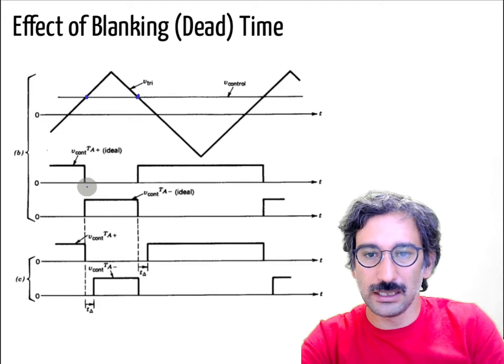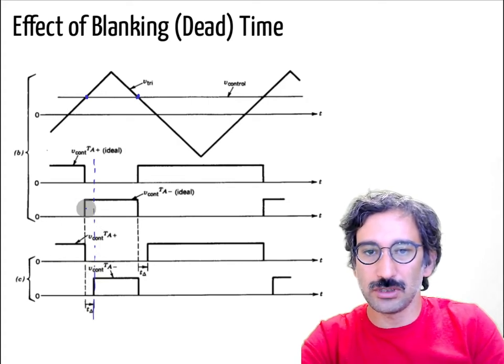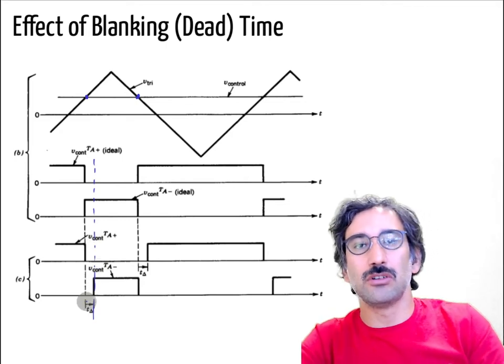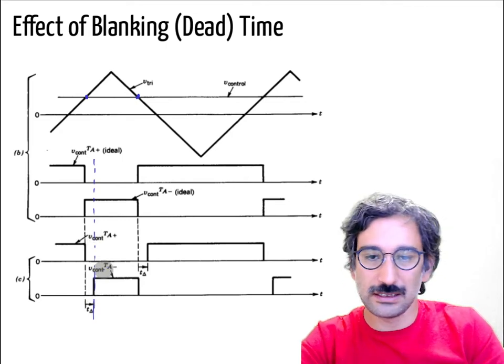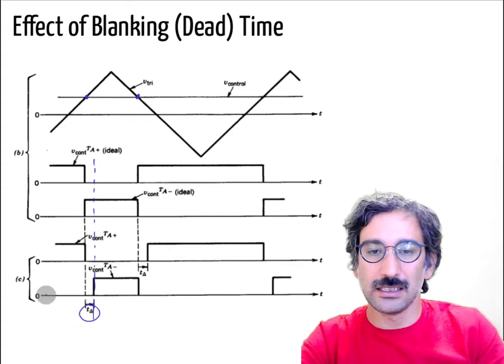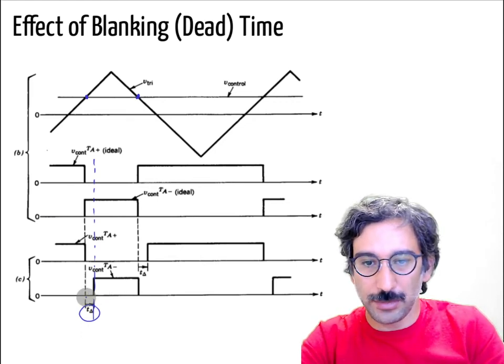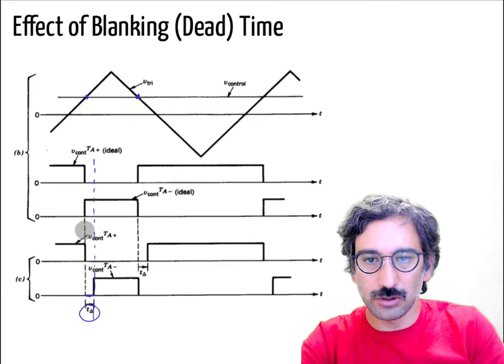Normally they are like that, but instead of applying the instantaneous turn on, what we usually do is delay the turn on time, in this case for the bottom switch. We delay the turn on time by delta t,